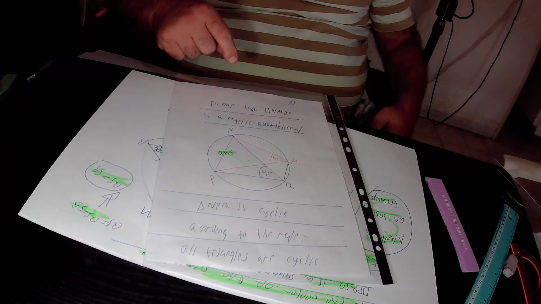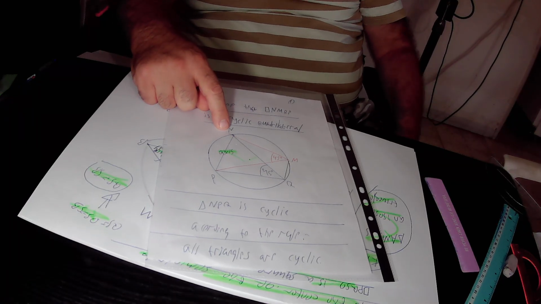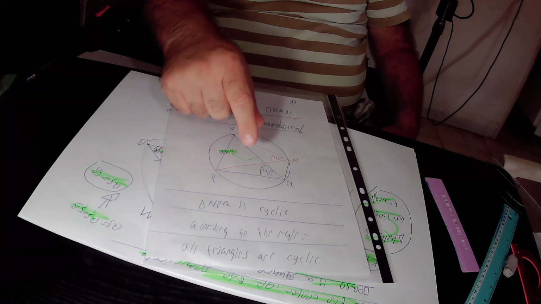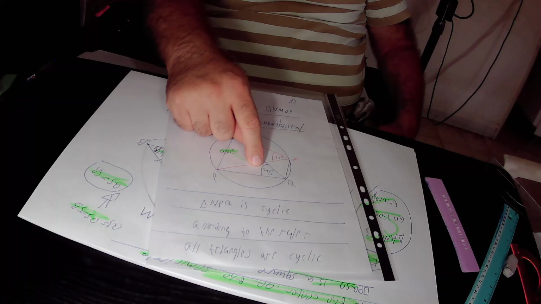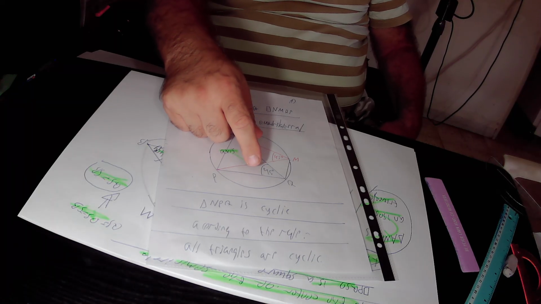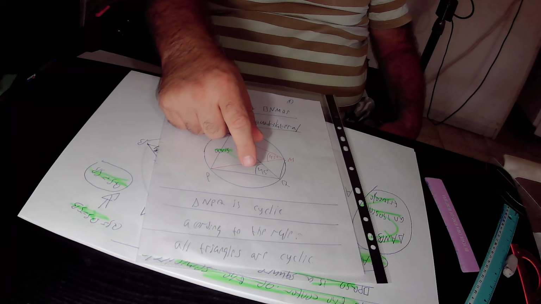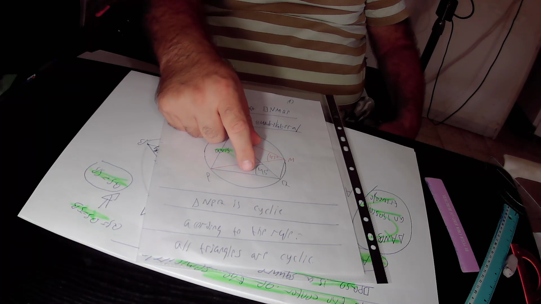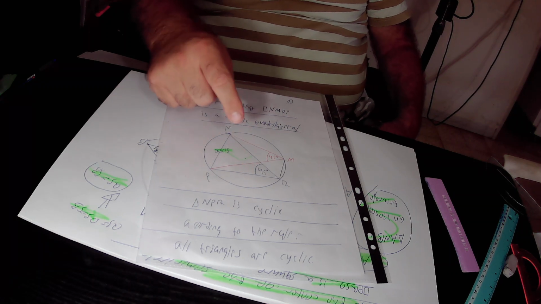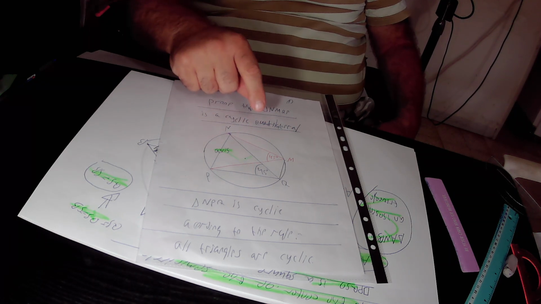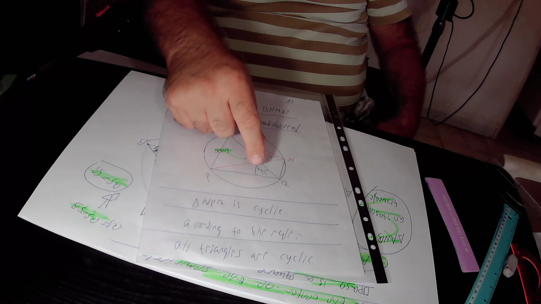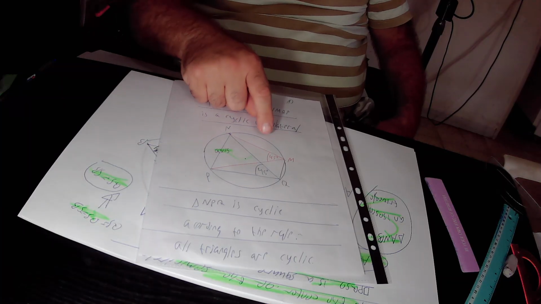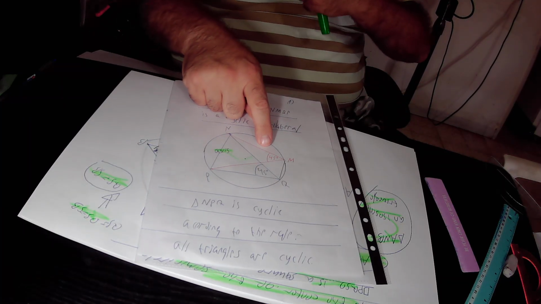Then we define the NP as the base, and we rotate angle NQP, equal to 45 degrees, without changing the size of this angle. We rotate this angle around the circle without changing its size of 45 degrees. One of the angles that will be created by rotating angle NQP around this circle will be angle PMN. Angle PMN is also equal to 45 degrees in size,